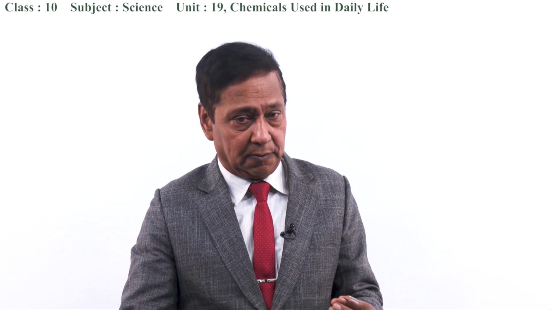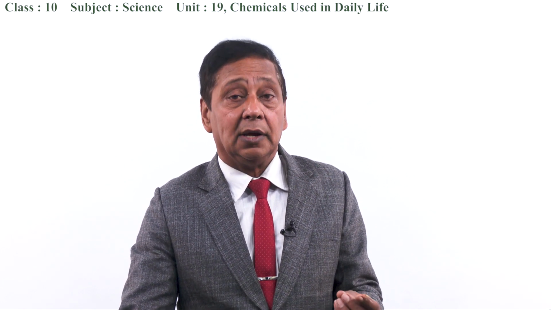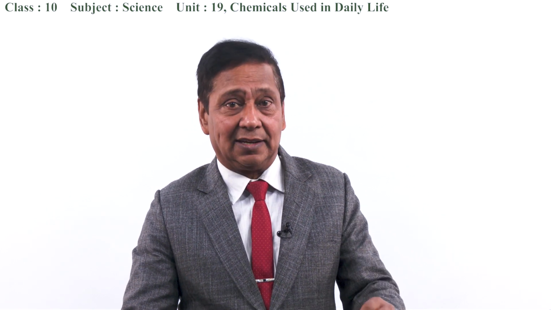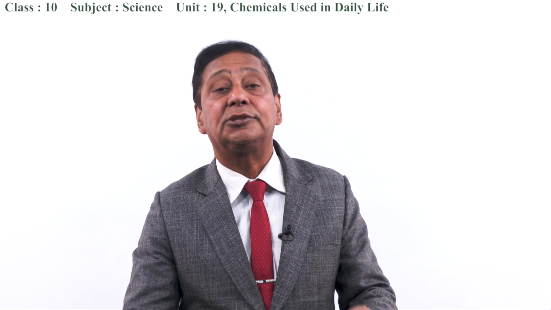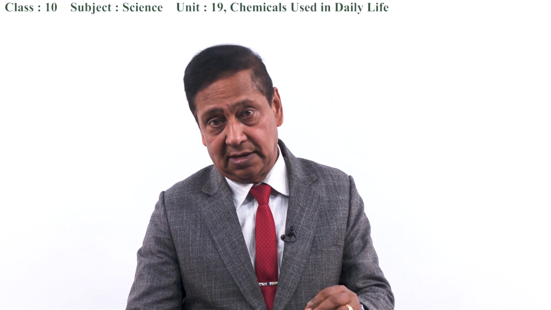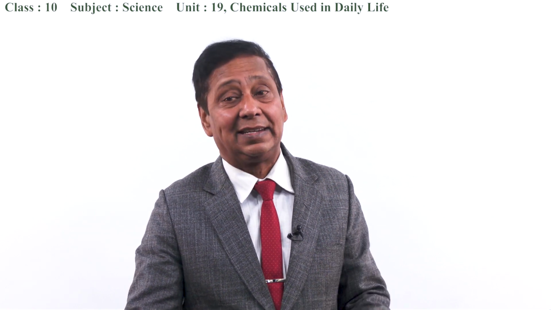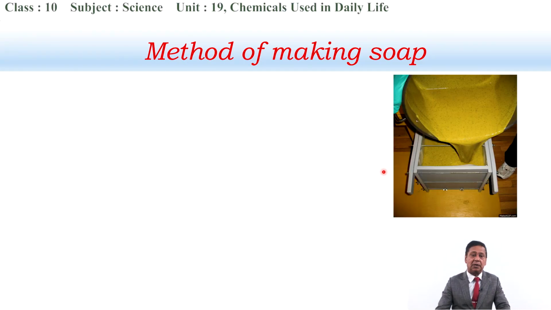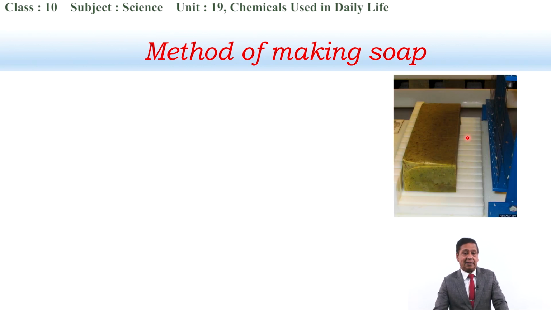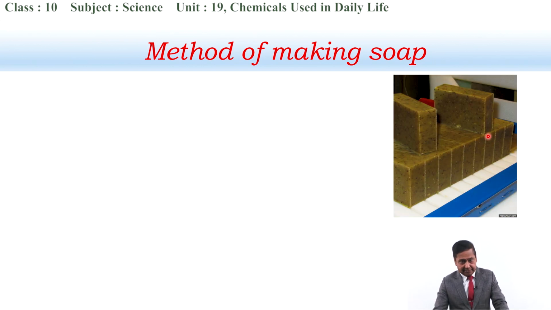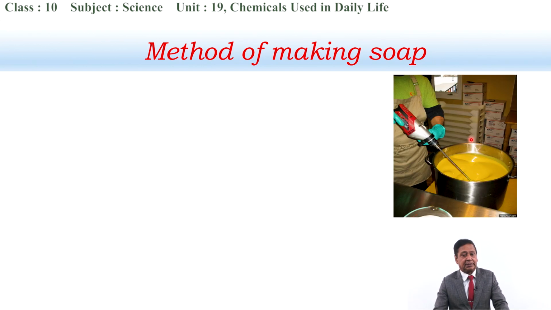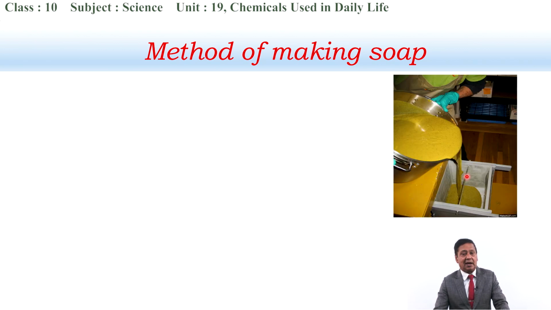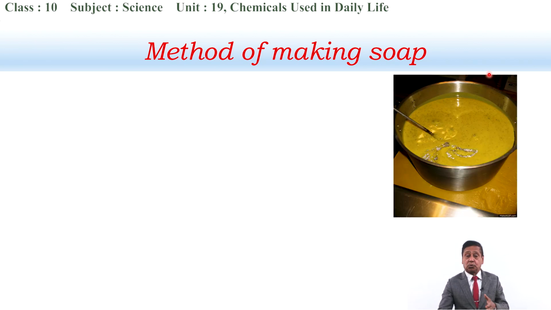This is the basic raw material. We mix it with concentrated sodium hydroxide, and when both of them are heated, soap forms. Look, this is the method of making soap. Here animal fat is mixed with sodium hydroxide and heated, and soap forms